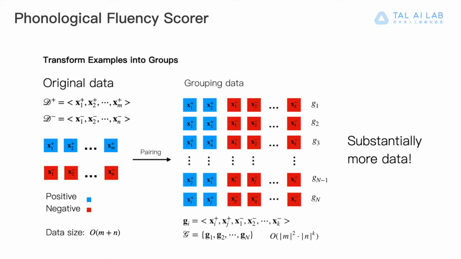Since labeled examples are limited, instead of training a discriminative classifier on limited data, we transform the original data into groups to increase the size of training data. Specifically, we randomly choose 2 positive and k-2 negative examples to form a group, and later feed these groups into a neural network to learn robust embeddings.